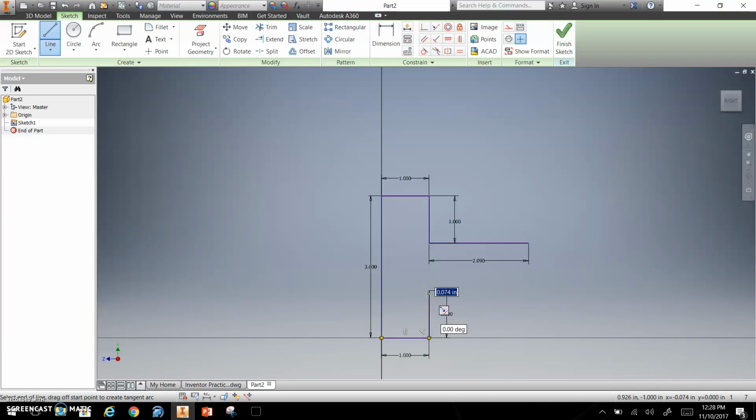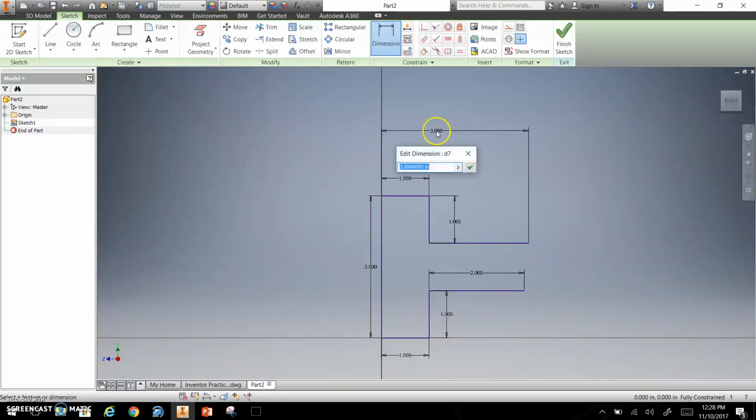If a dimension isn't listed or it's kind of unclear, just use whatever's closest. Just make it look close. And for instance, in this case, I think I put the wrong number in. Let's see. I made a mistake somewhere here. I made a mistake right here. This should be from the back of the part. So you should be able to fix that by going like this. And that should be